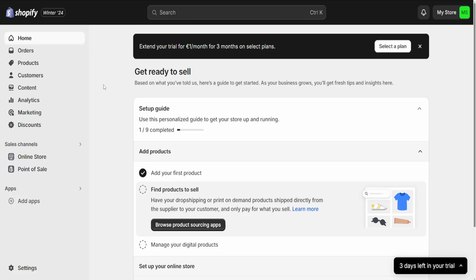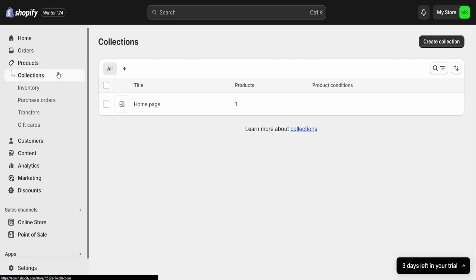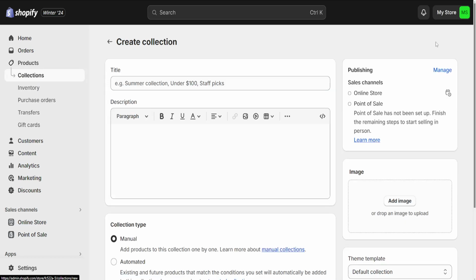How to change featured products on Shopify. So first we want to click on products here from the left hand side, and we have to go to collections. Once we have been taken to this page, we will click on create collection and we will call it